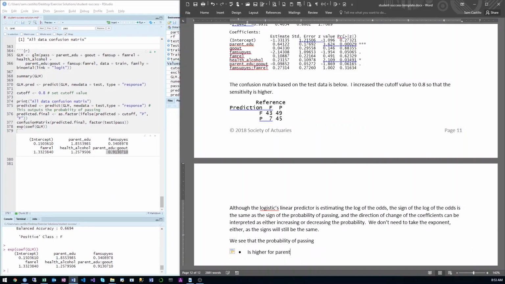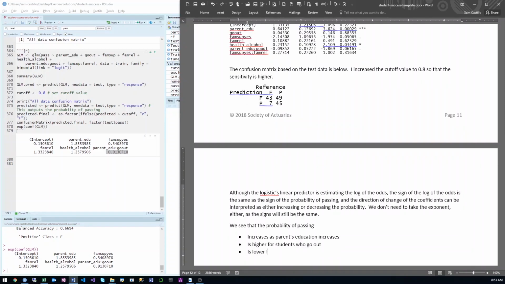Let's just say it increases as parents' education increases, is higher for students who go out, is lower for students who do not have family support, is higher for students who have